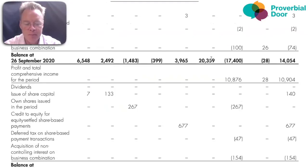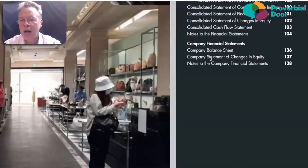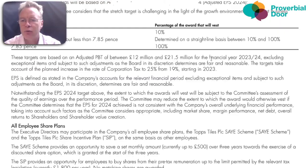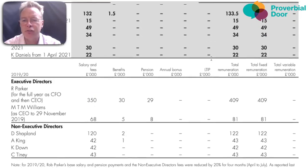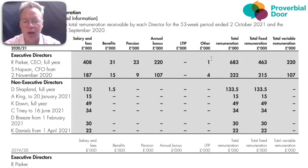Just the last thing to talk about, Moe, before I stop waffling on, apologies for that, is I always like to see who's running these games. So if we look on page 78 of the accounts, you'll find the director's remuneration, and lots of information about it. I'm going to be very overly simplistic and take a single number. There it is. So it's Rob Parker, and he is getting paid